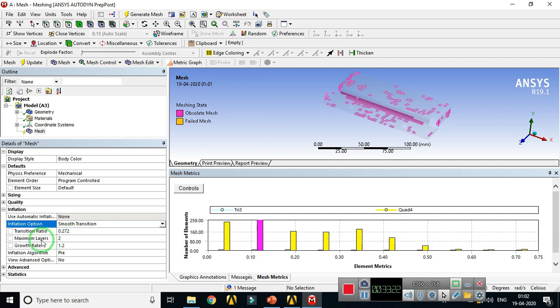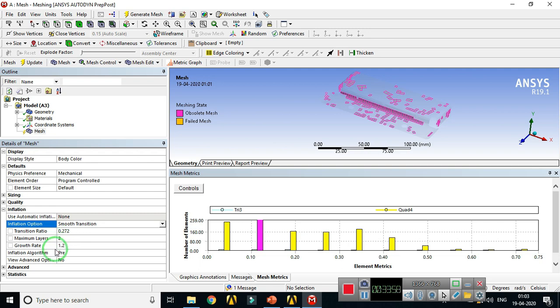This maximum layers setting determines the number of inflation layers to be created in the mesh. So how many layers do we want for this type of geometry? This can be varied using maximum layers. Here the default is 2 for surface body and 5 for solid body, and you can create a number of maximum layers from 1 to 1000.